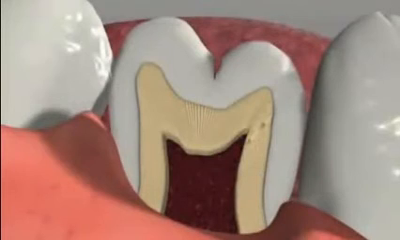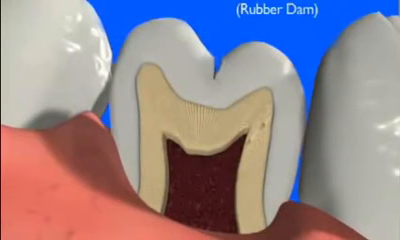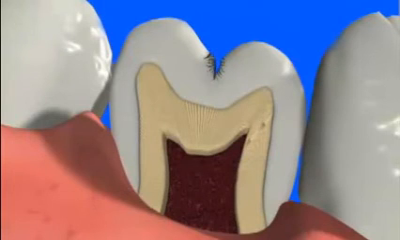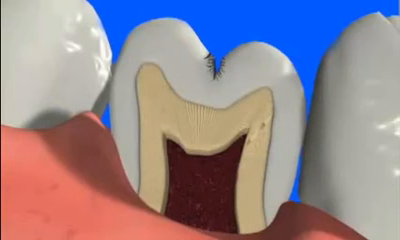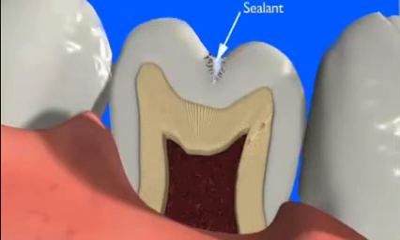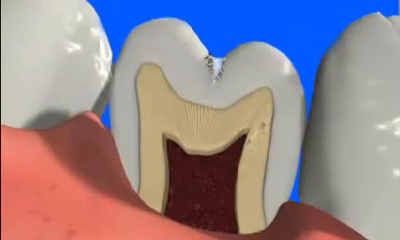Following thorough plaque removal from the pits and fissures, the tooth is isolated from all mouth moisture and the grooves are etched with a mild acid solution. This produces a microscopically roughened surface into which the sealants will adhere. The sealant is then applied to the grooves as a viscous liquid, which hardens on its own or by exposure to a blue light. Once placed, the sealant prevents bulk plaque from being able to accumulate in the pits and